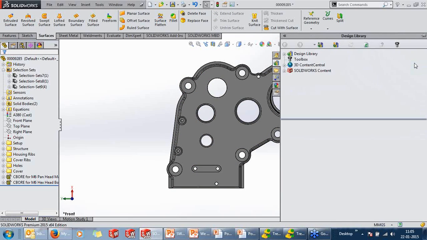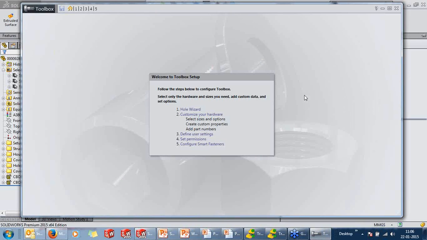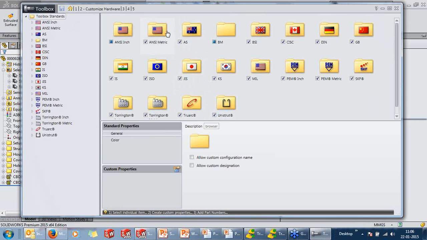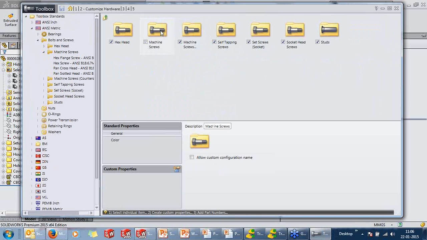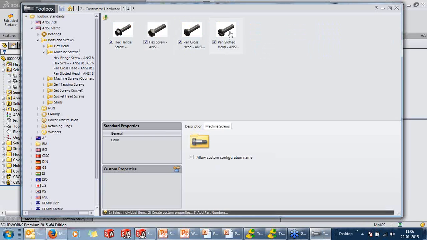Another enhancement in 2015 is the shortcut to your configuration toolbox. You need not go into start and search for configuration toolbox. It's now very handy. You can just go into the shortcut. If you want to make any changes in terms of your hardware, it's all possible in 2015. It's way faster. Any changes can be made in here. New configurations can be added, your own part name can be added. All of this is possible in 2015.